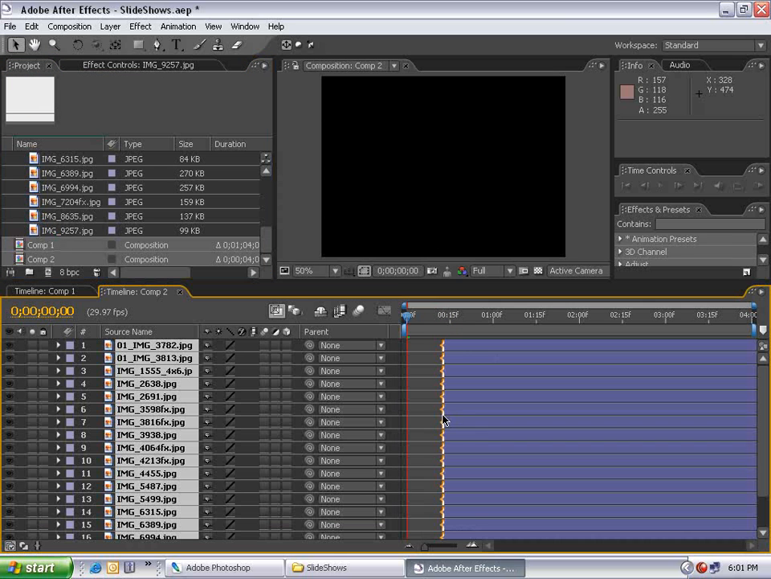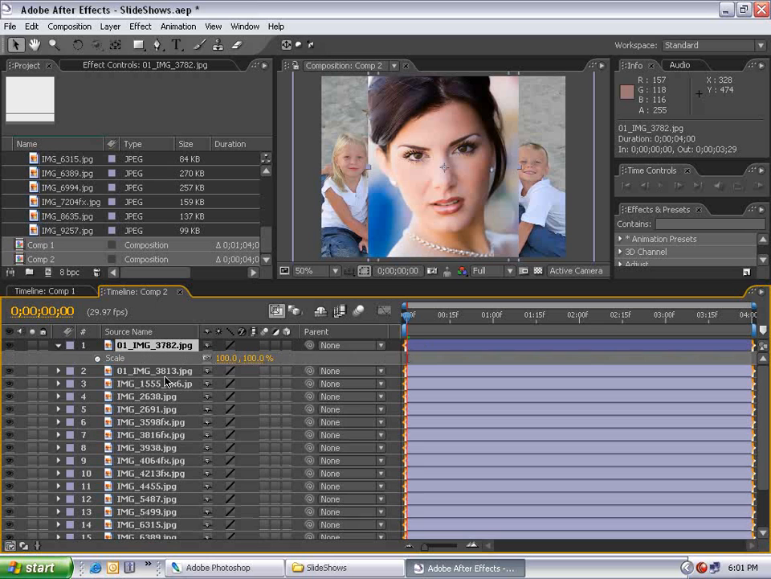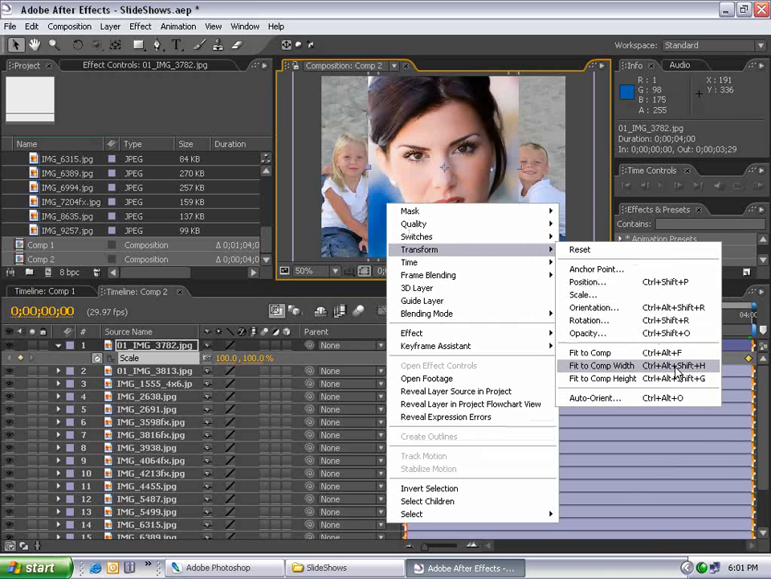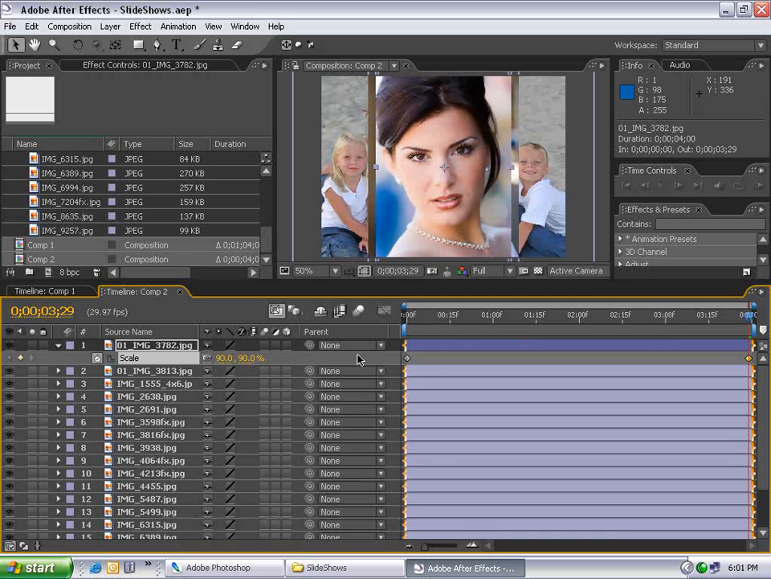them out to your comp, hit Alt-Home to bring it to the beginning, then select the first layer, hit S to bring up the scale, click it, go to the end, set a keyframe, go to the beginning, right-click, choose Transform, Fit to Height, go to the last keyframe, set it to 90%, that way it goes from 80 to